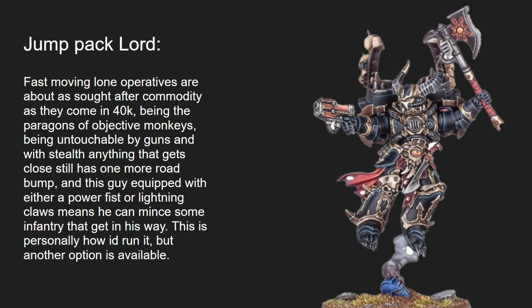Fast-moving lone operatives are super sought after. There's a reason that Ghost Keels and stuff like that are very popular and successful in competitive 40k and in casual as well, of course. And with the Jump Pack Lord, you get a 12-inch moving, moderately tough, I believe he has 5 wounds, Space Marine character that can pack either Twin Lightning Claws or a Power Fist, which lets him fight much better than most